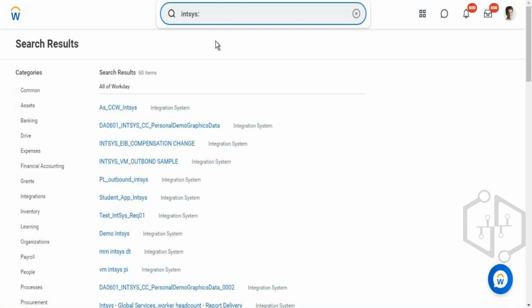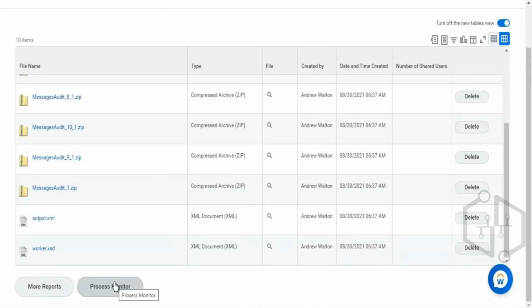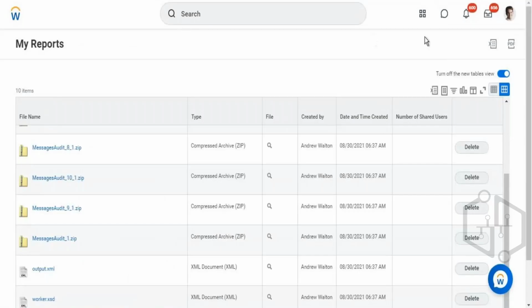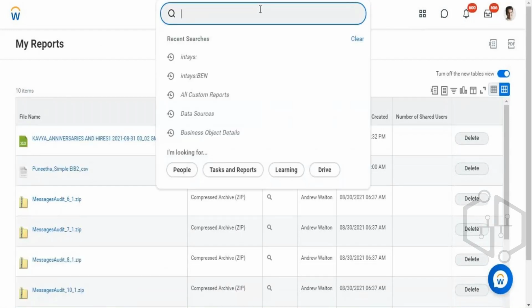That's how you typically play around with this one. So for example, let's say now there are integrations that are actually scheduled, which are running automatically based on the schedule. Now benefits integration would also be automated, and every day they will be running. And if you wanted to know all those integrations which are scheduled and which are running, actually there's a